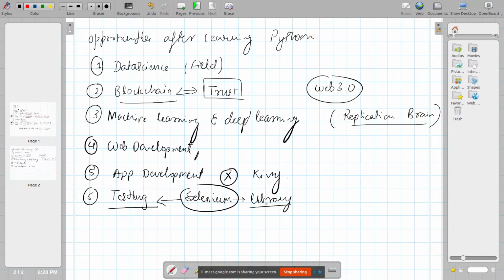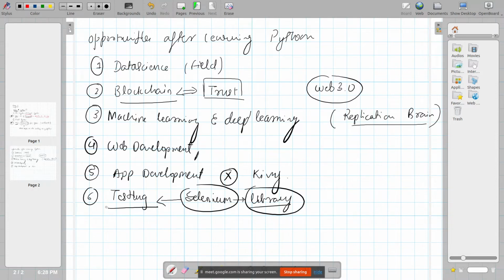I told you, right? Python has so many libraries. You tell me what you want to do and you will get a library for it. That means you don't have to write it yourself. What is a library? Actually, it's a large set of code that is written by someone else, and you just import it using one line, and you don't have to write all your code on your own. Okay, you are just importing it and using it. So we'll speak more about libraries afterwards, and in a better way we are going to understand it. I'll show you the difference between using a library and without using a library, how much code difference it makes, and all those kinds of stuff.